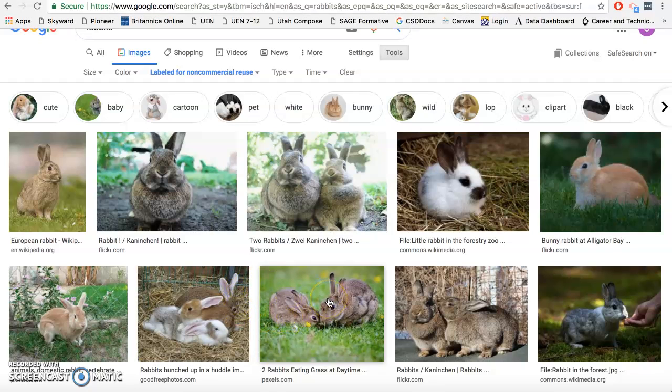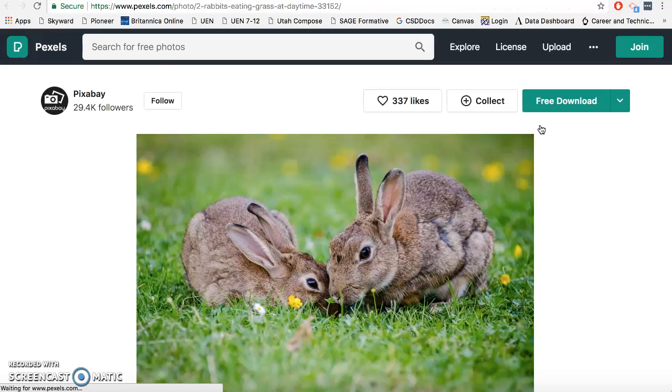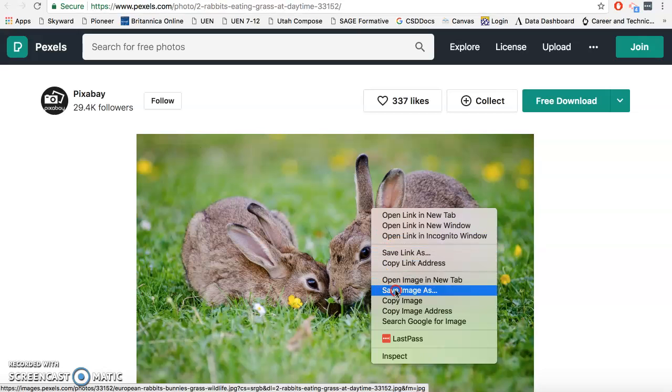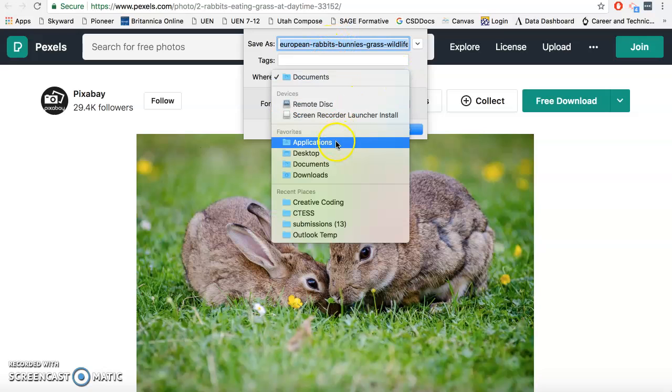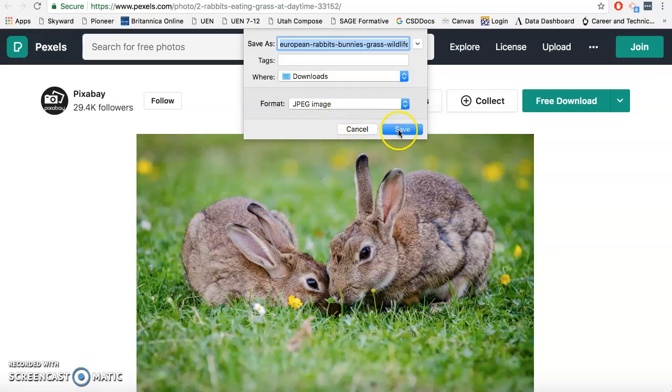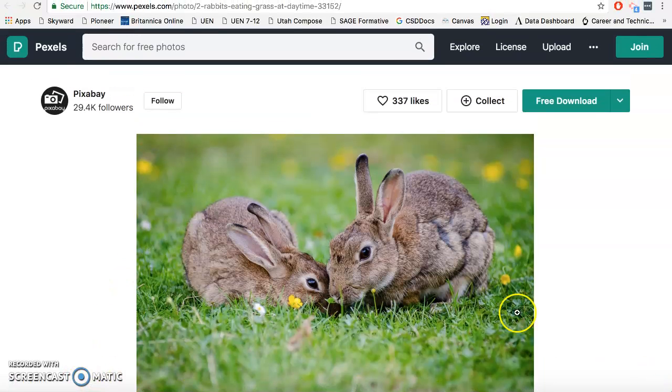So if I wanted to use a different one, I could click on a different one. Okay, so I could click on like this one here, and then I can go to the page that has the image, and I can right click, save image as, and we can save this as whatever I want. I'm going to save it in my downloads so I can find it with my other downloads, and then hit save, and then it shows up down here. Now, if I go back to code.org,